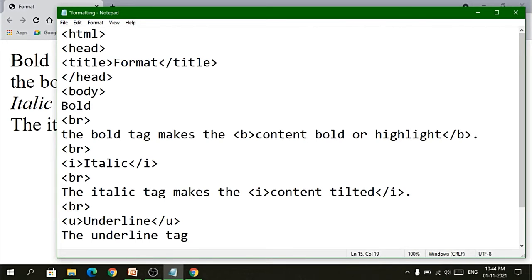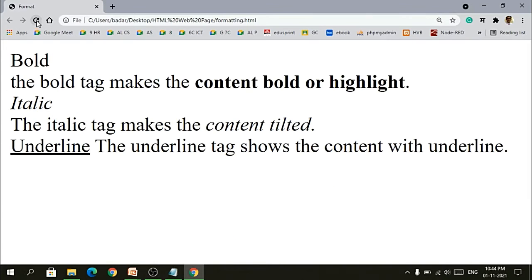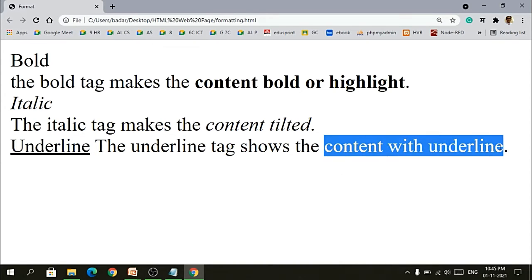The underline tag shows the content with underline. Okay, I will save the file, I will refresh it. So you can see the content is coming underlined. So I can underline anything in between the content.